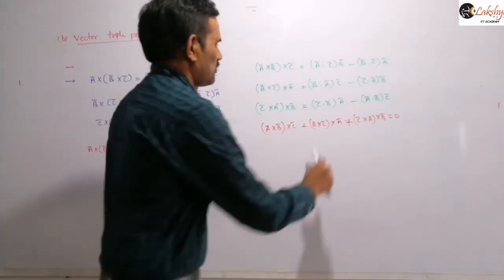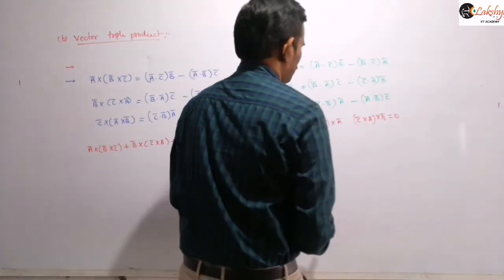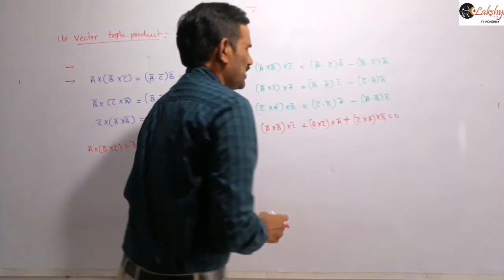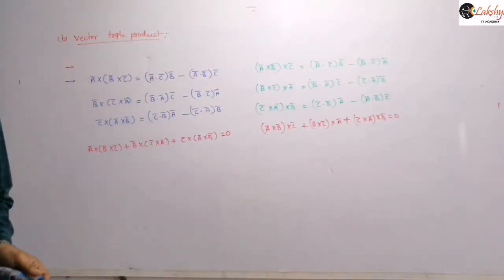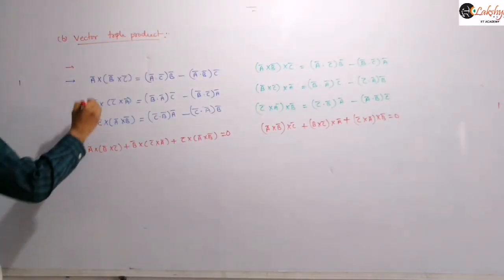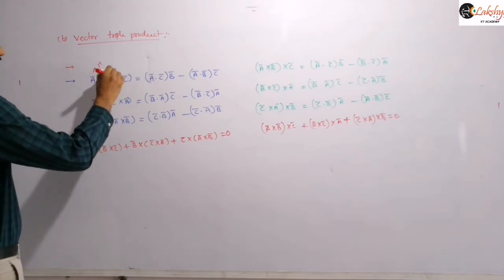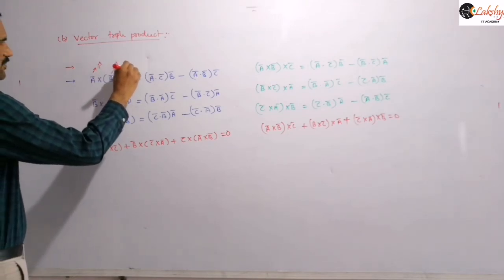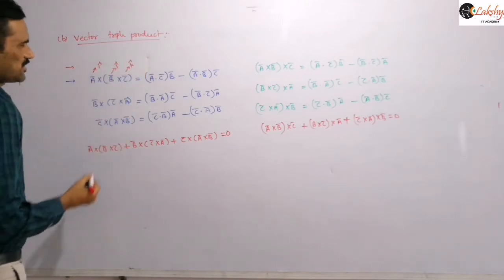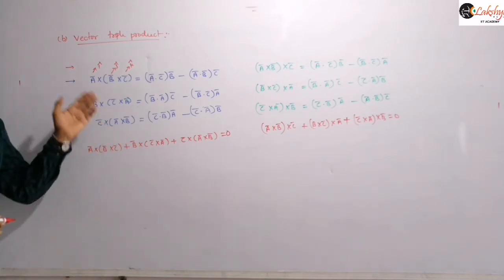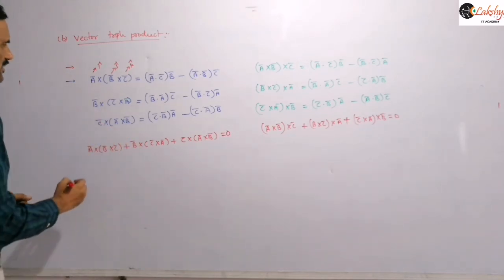So this is a plus sign here. That means if you are adding them, you will get the term as 0, right? You may consider an example to verify this. Suppose I am taking these as i cap, j cap and k cap. Let us write that order and verify it, because you can verify it easily.